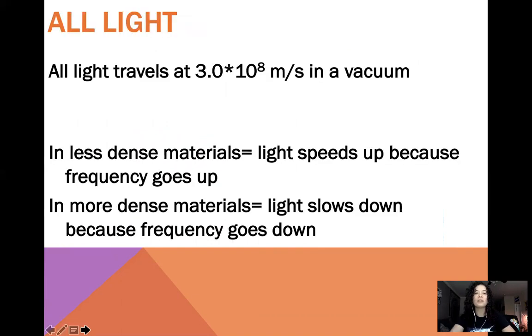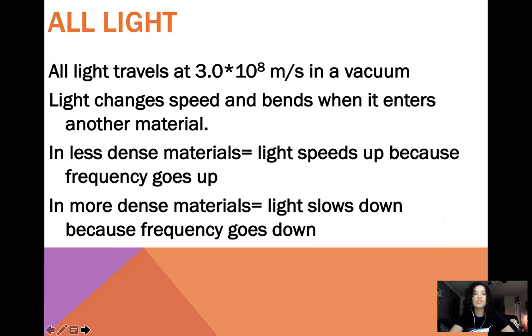So all light travels at 3.0 times 10 to the 8 meters per second in a vacuum. The light changes speed and bends as it enters other materials. So the problems that I ask you about will be in a vacuum. But it's important that you know and that you write down that our light will change speed and bend as